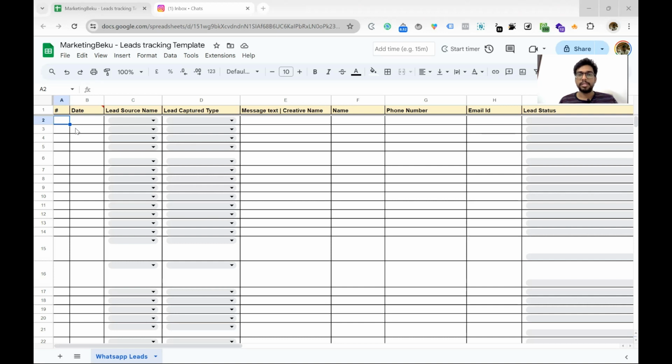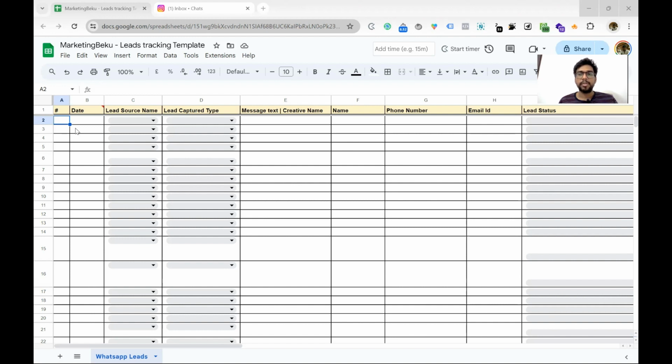Most of the business owners I speak to don't have a proper lead tracking system in place. While using a CRM like HubSpot or Zoho is the best option, many would not be ready to migrate to start using a CRM because it has some technical involvement and the team has to be trained on how to use a CRM. And most of the small educators are comfortable using